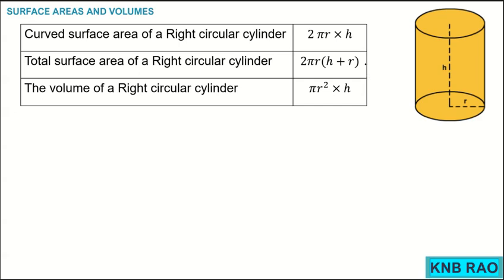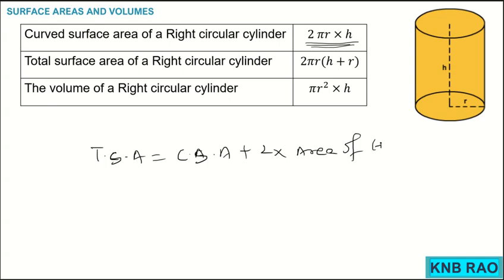If you could recollect from the video also, curved surface area is the area of that rectangle, where the area of that rectangle is 2 pi r into h. Okay, with that video you have already understood. And total surface area of a right circular cylinder is the curved surface area plus 2 times the area of the bases. That's how we learnt. So TSA is curved surface area plus 2 times the area of the base,